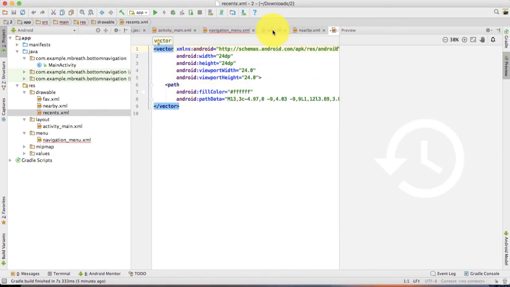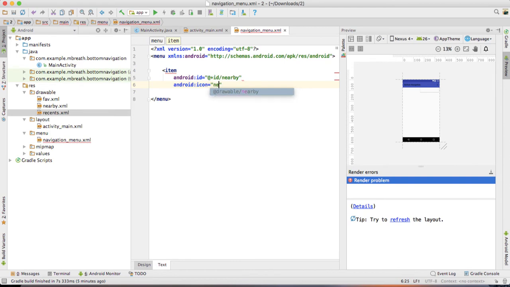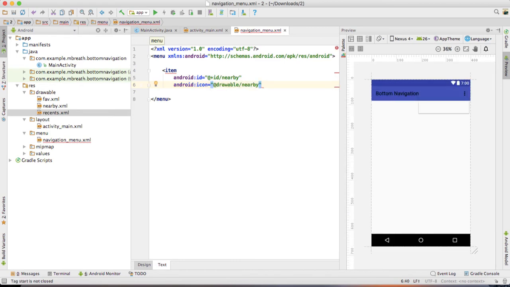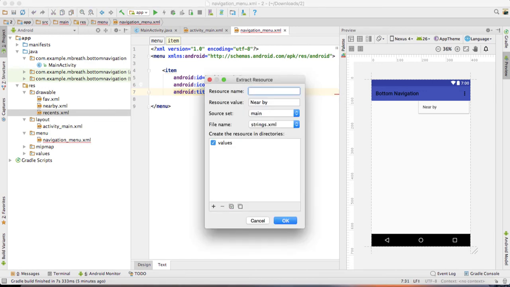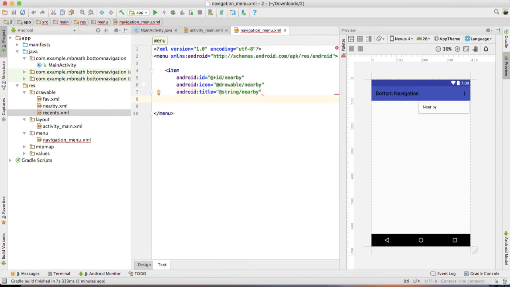So now let's close these three files which we do not want, and now let's come to the navigation menu, android id nearby, and then icon we want nearby, and then we want to put a title here. Okay, so the title is nearby, and now extract this string resource,